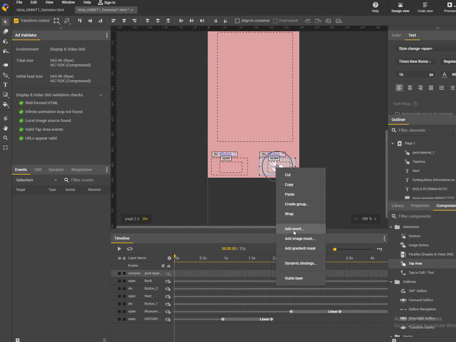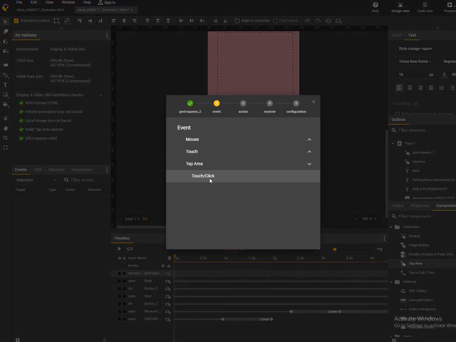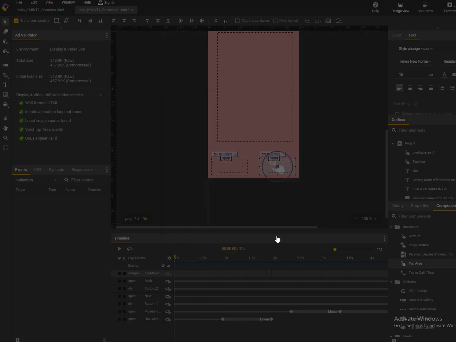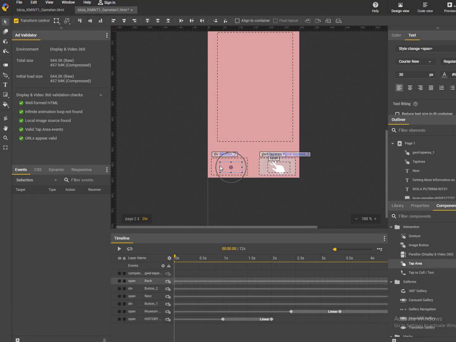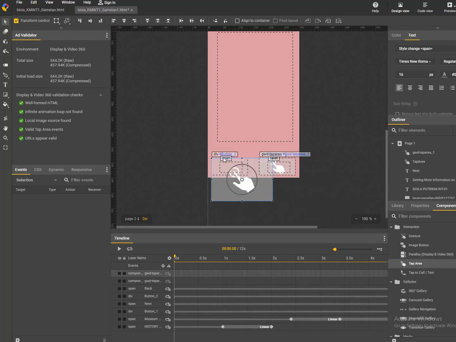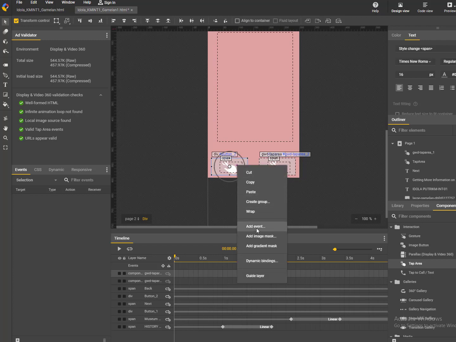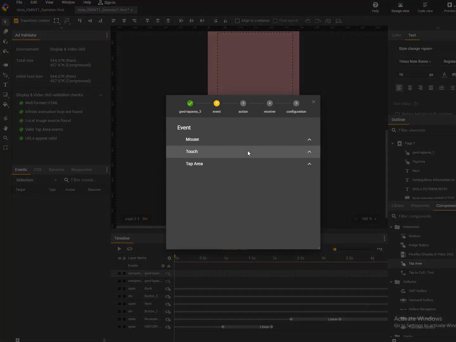Click right, add event, tap area, touch click, page deck, go to page, then go to page 3. Tap area again, click right, add event, tap area, touch click, page deck, go to page.